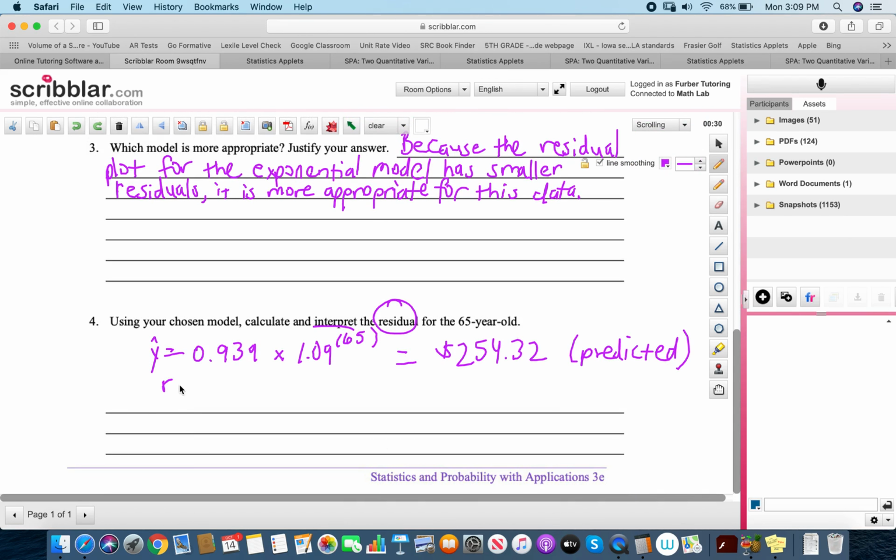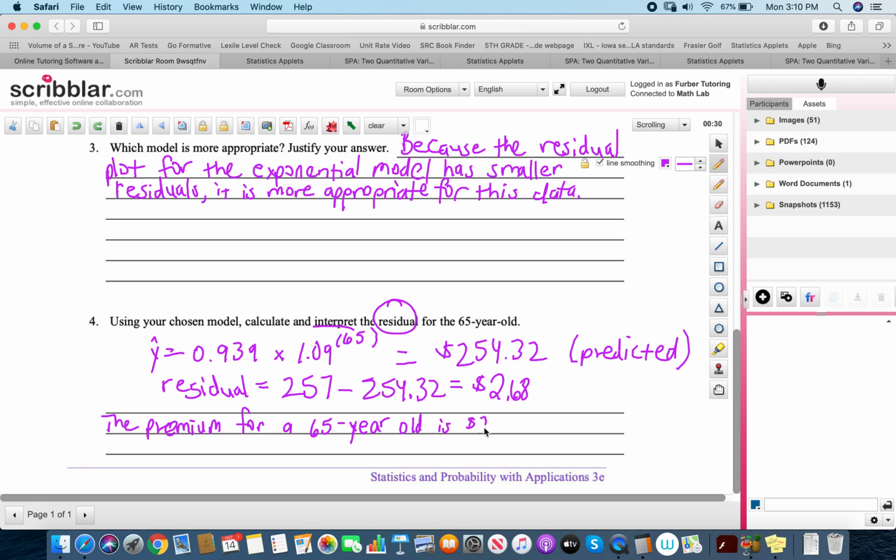So I'm going to say the residual is going to be found by doing 257 minus 254.32. That's going to give me $2.68. So the predicted value, okay, and that's what we will say. The premium for a 65-year-old is $2.68